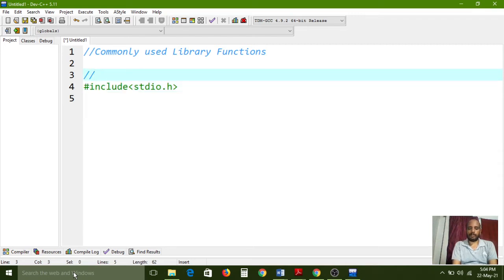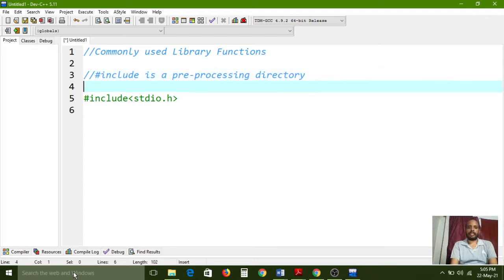Hash include is nothing but a pre-processing directive. And stdio.h is the predefined library.